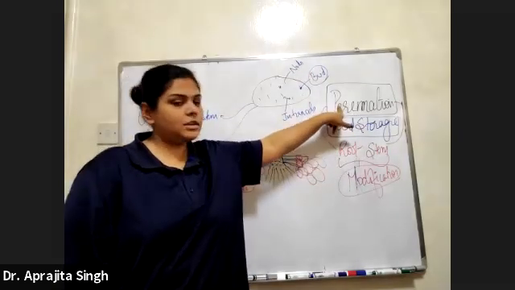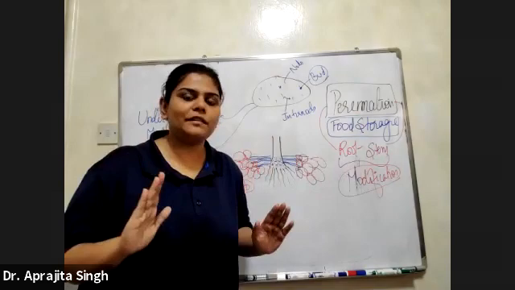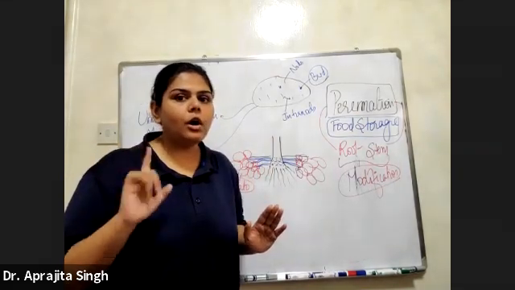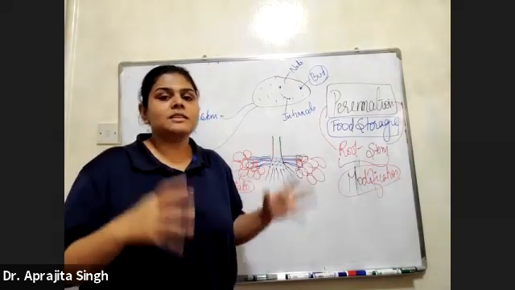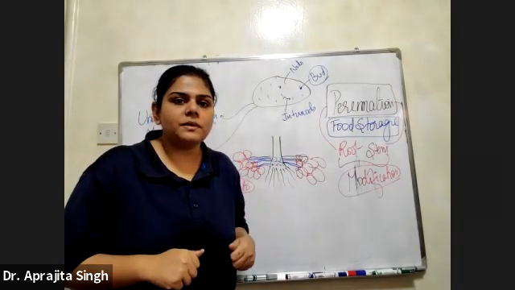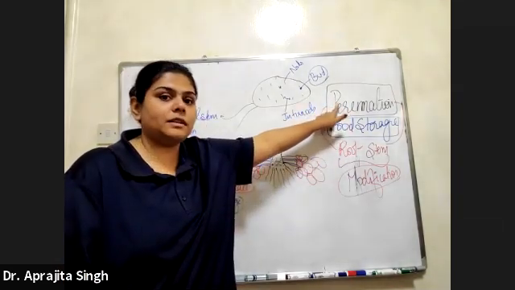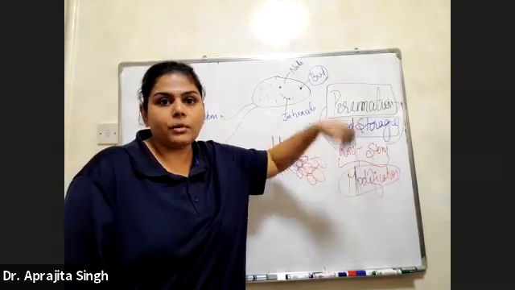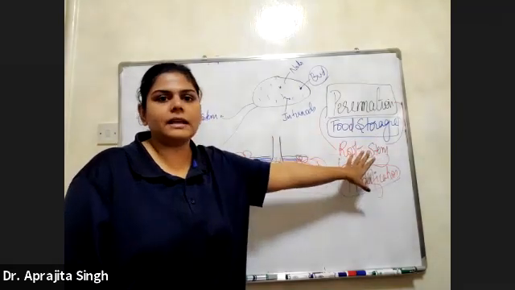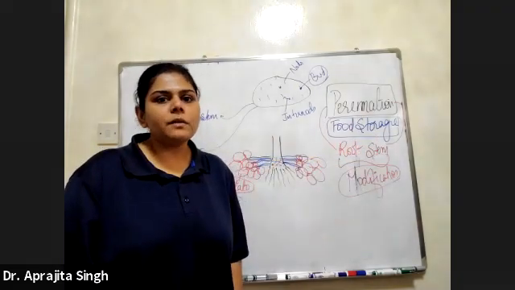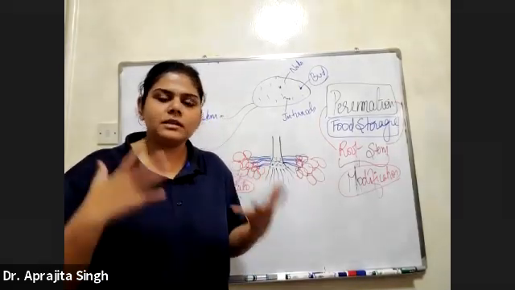Always think, perennation. I know we are studying the modifications, okay? Modifications are of various types, but not all modifications are for food storage. Some modifications are for saving themselves. Some modifications are to save water from transpiration. There are huge types of modifications in plants. But this specific word, perennation, is only for food storage. Potato, carrot, ginger, colocasia, these types of things fall under this category, so that when adverse and unfavorable situations come in front of the plant, it can easily make food and survive.